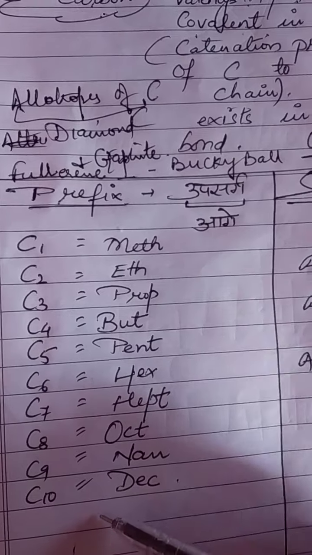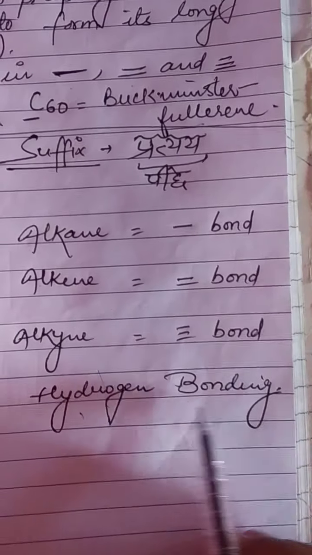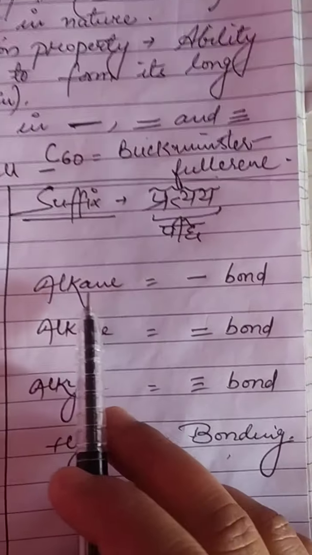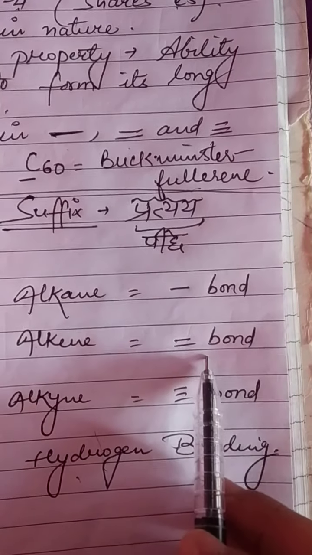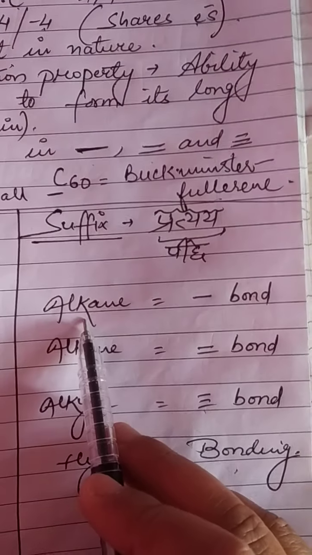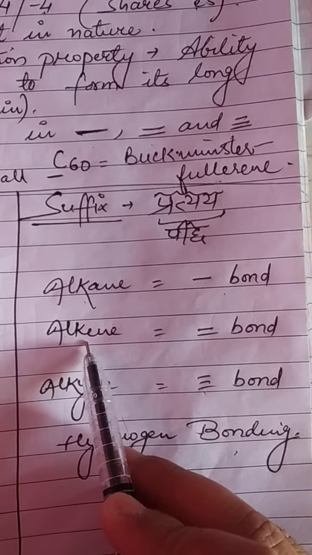So these are the prefixes, and it all depends upon the bonding, which tells you whether it is a single bond, double bond or triple bond. When you talk about alkane, it is a single bond, alkene...